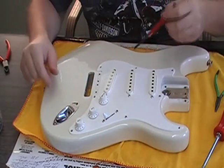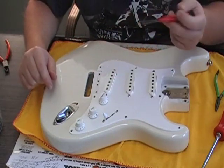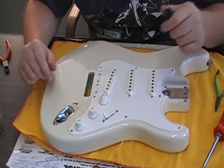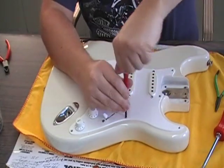And I can see already by the number of screws that I'm taking out of here, the new pick guard that I got is going to have more screws, which is no big deal. I've got some screws and extra hardware from other projects, but